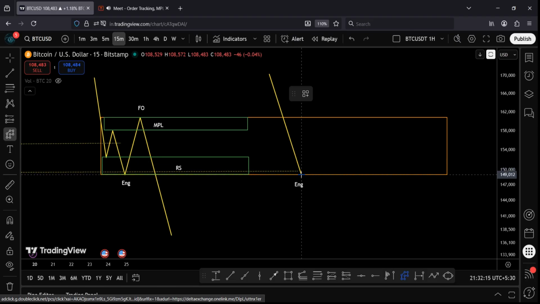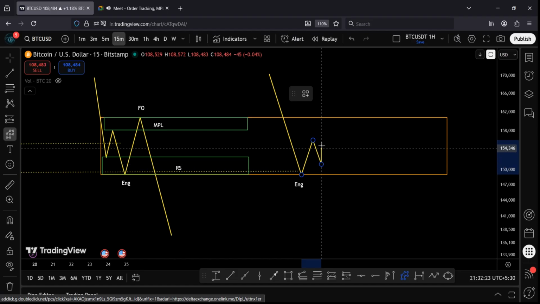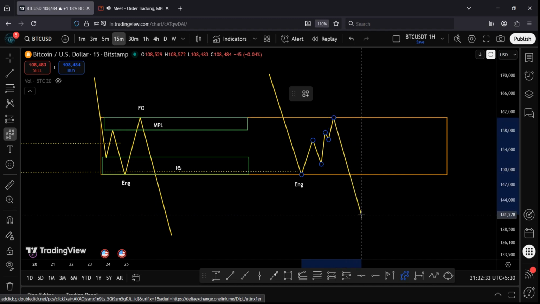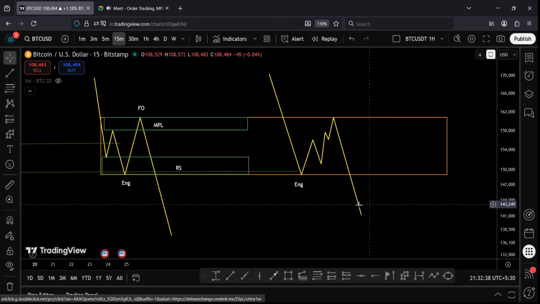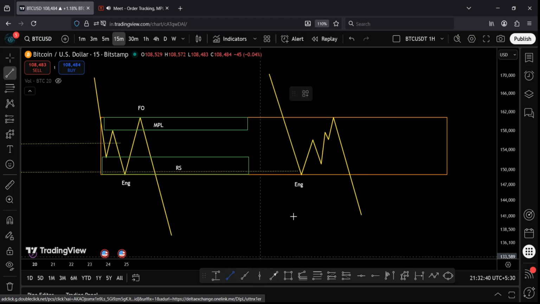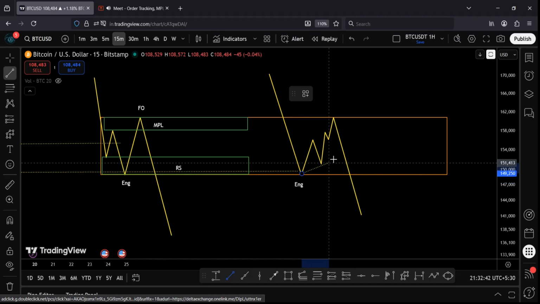Market movers make a fake bull trend here, like this. Price will go up here, come down here, go up here, or may go up here, wait here, and go up here, and then fall from here, right? What is happening here? This is giving the impression of a bull trend like this.